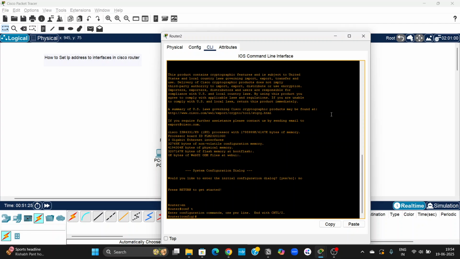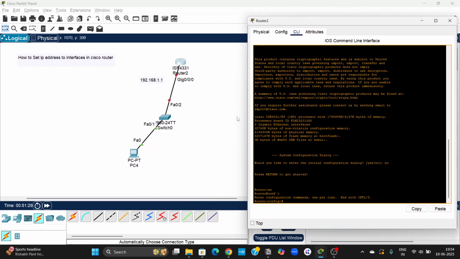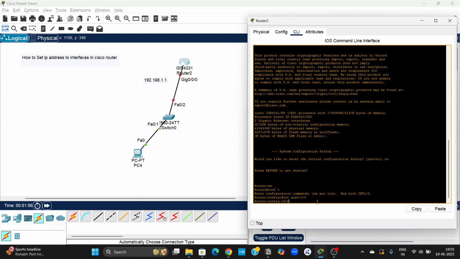Now we will come into the global configuration mode, and here we will add the IPs to the interfaces. You can see our interface is gigabit 0/0/0, and the IP address for this interface I will mention as 192.168.1.1. So first of all, I will mention the interface. This is gigabit 0/0/0. Then hit enter. Then I will mention the IP address for this interface as 192.168.1.1